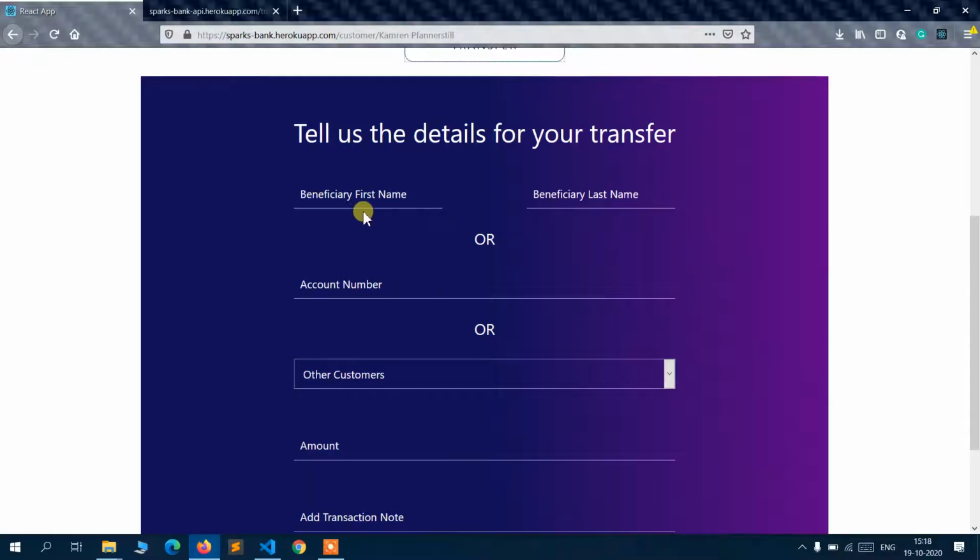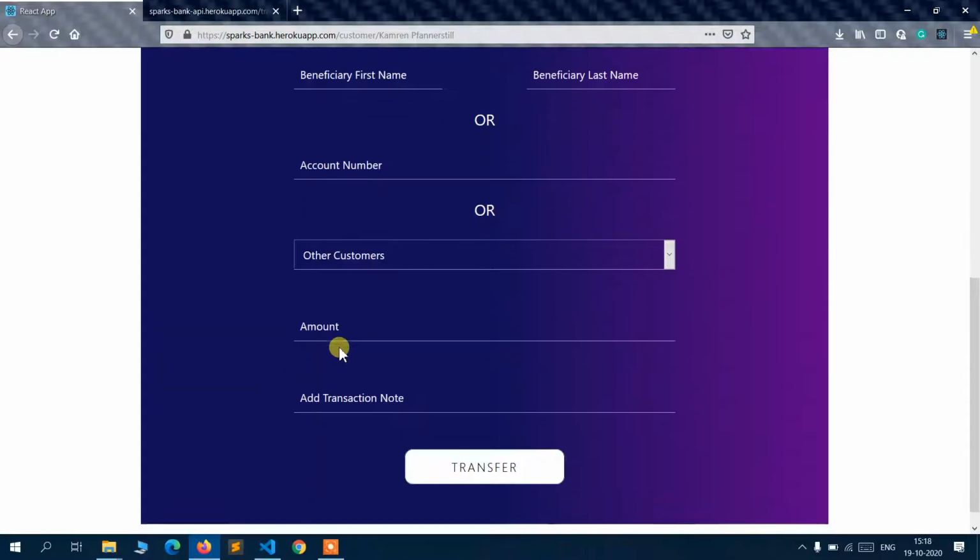There are three ways through which you can transfer the money: by giving the beneficiary name, or by giving the account number, or by choosing from the list of users that exist in my banking system. This is the amount field where you can enter the amount, and if there is a transaction note, you can enter it here.